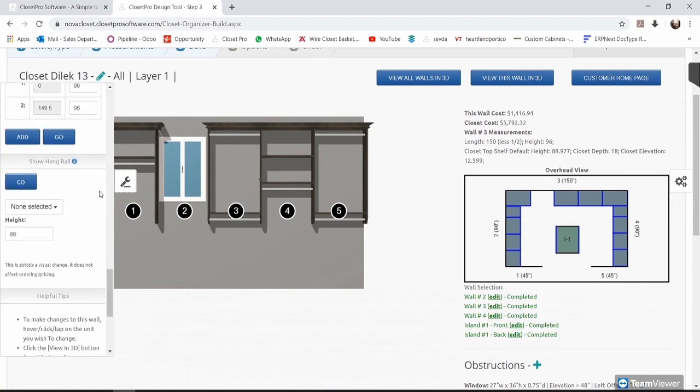What's left in this part? As you can see, you cannot see any hanging rails, right? But the hanging rails is actually in your cost estimate. This part is only to show your clients that there's a hang rail. So this is just to illustrate it. So just illustrate it, you can choose